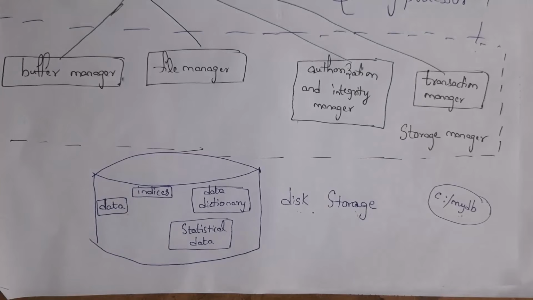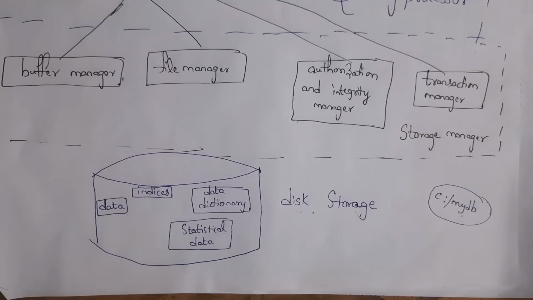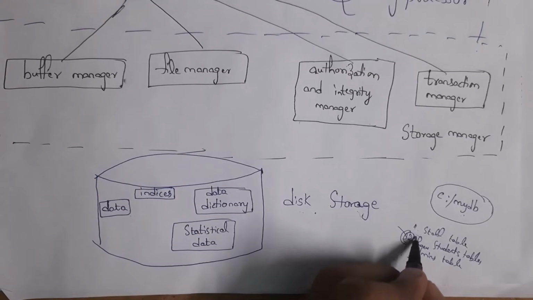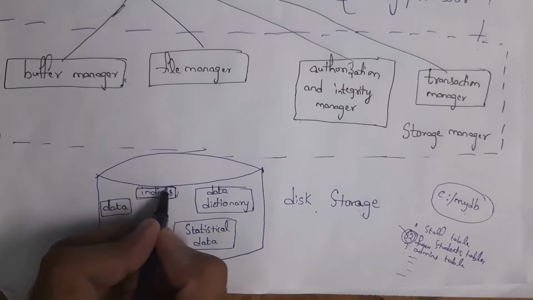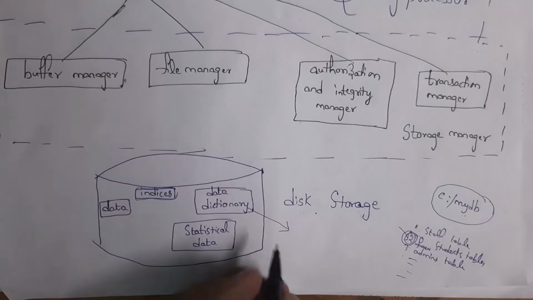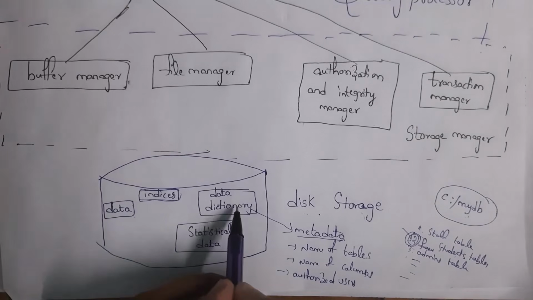Similarly, in a database there will be multiple tables. So for each and every table you can give index numbers. If you give index numbers for all tables, then by using that index number you can easily find that particular table. So indices are nothing but index numbers. These indices will provide faster access. And next one is the data dictionary. This data dictionary will store metadata. Metadata is nothing but data about data. For example, in a college database, there are multiple tables like staff table, students table, admins table and so on. Now this data dictionary contains one separate table.